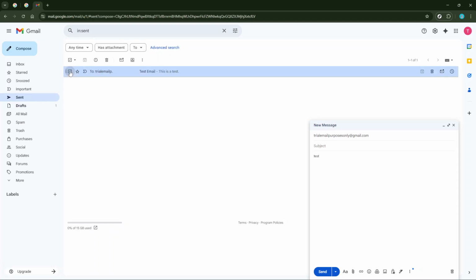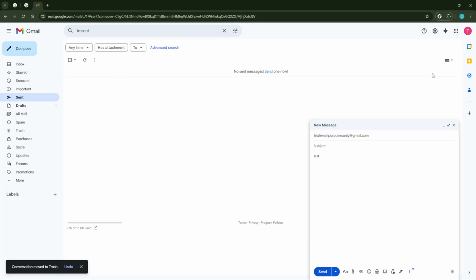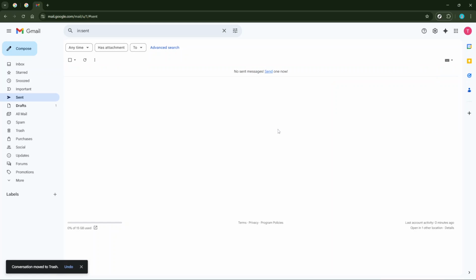While it's difficult to completely remove an email from the recipient's account, these steps are a good start for maintaining your email environment and ensuring you're aware of what you're sending. Always consider the convenience of the Undo Send feature, and manage your sent messages through the Sent folder for better oversight of your communications. Thank you for watching, and I hope you find this guidance helpful.